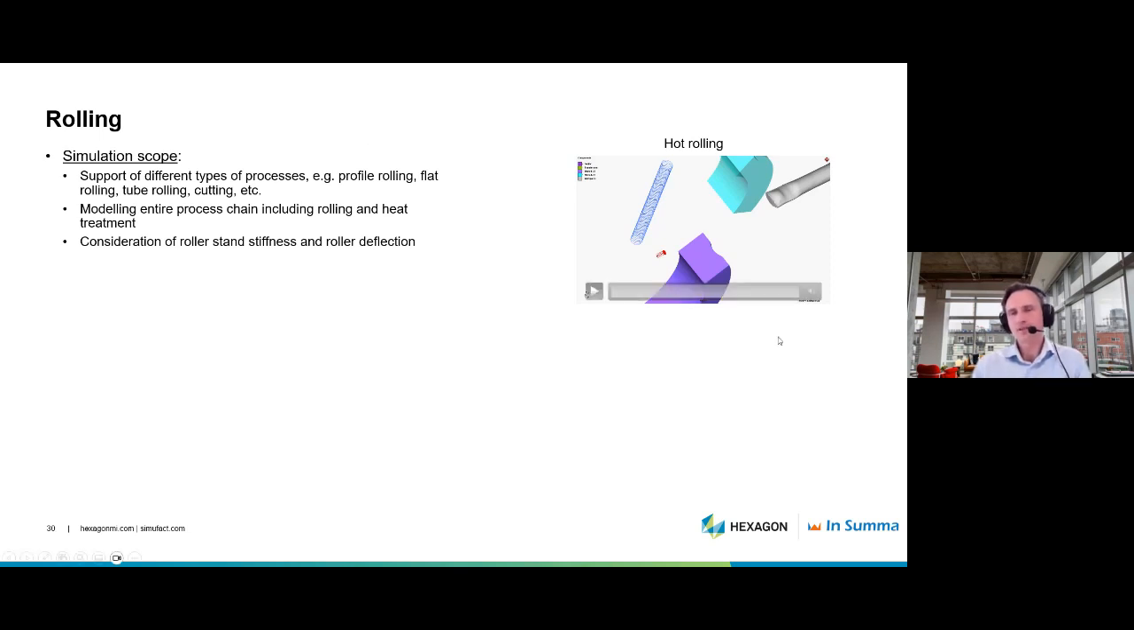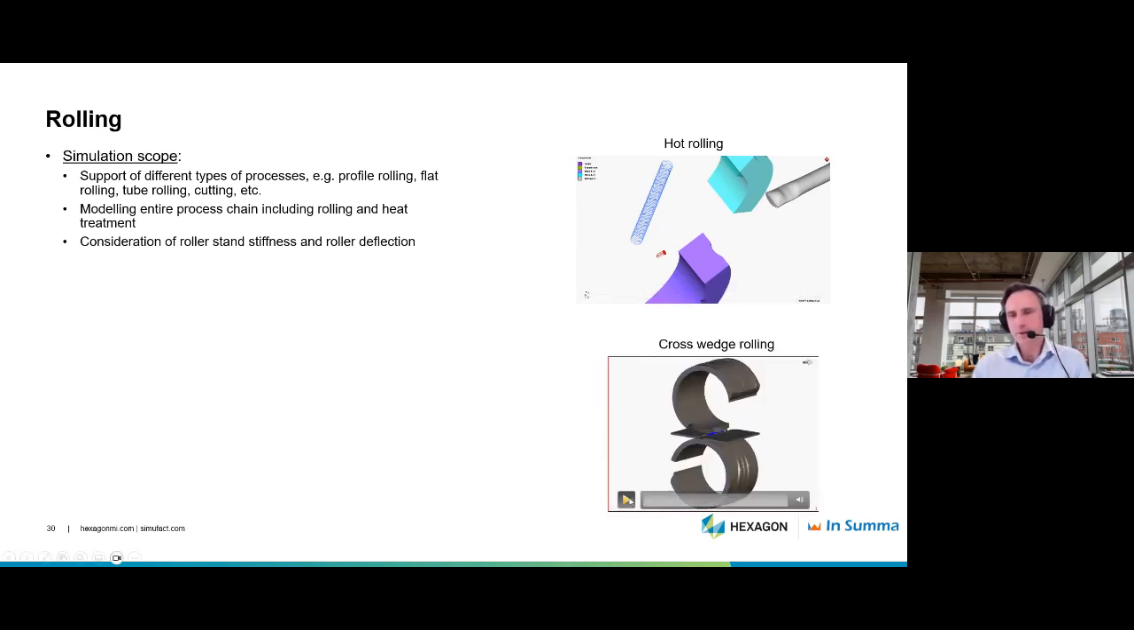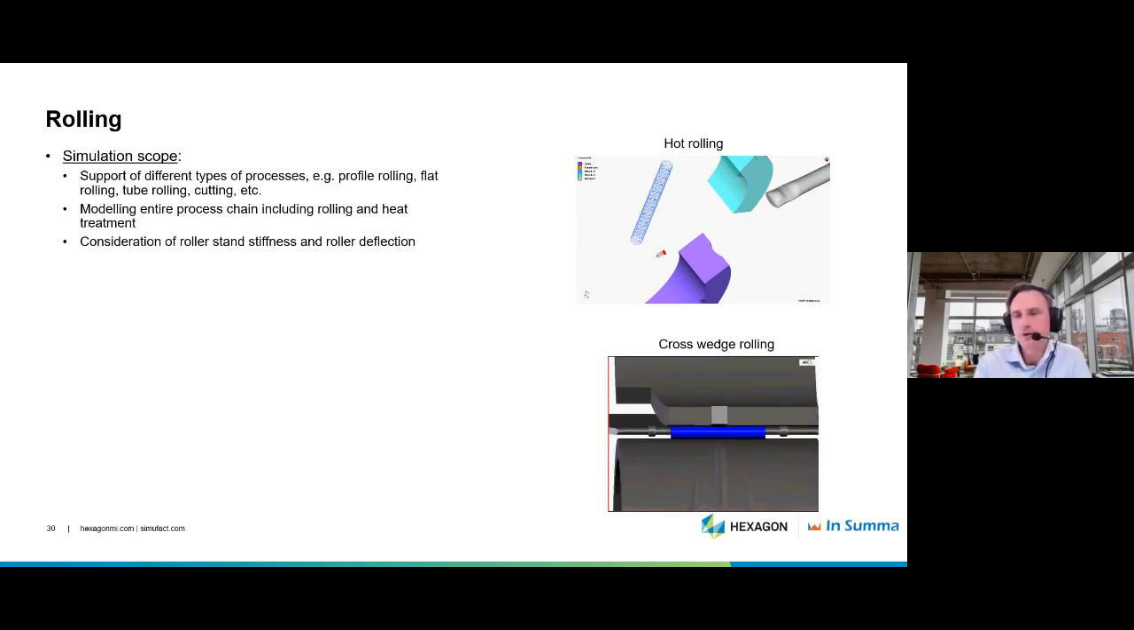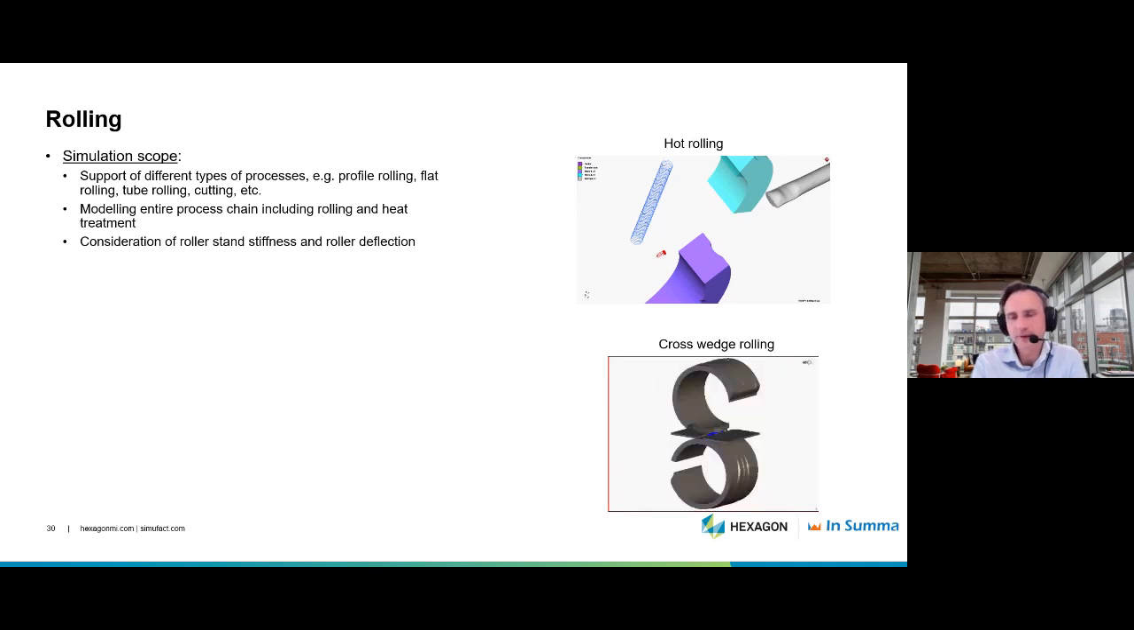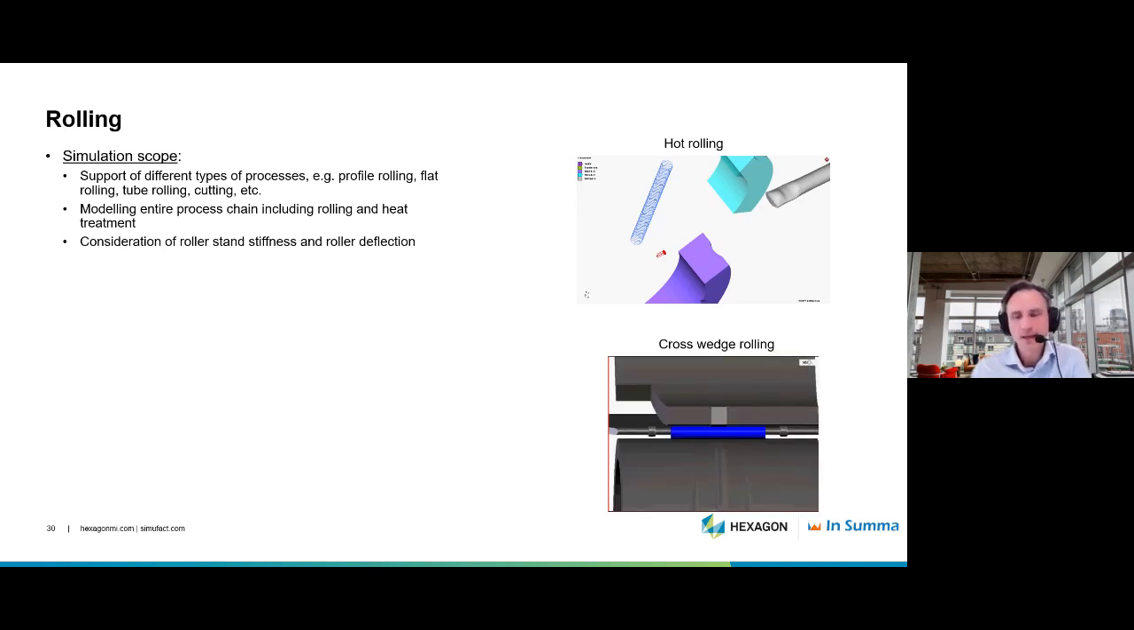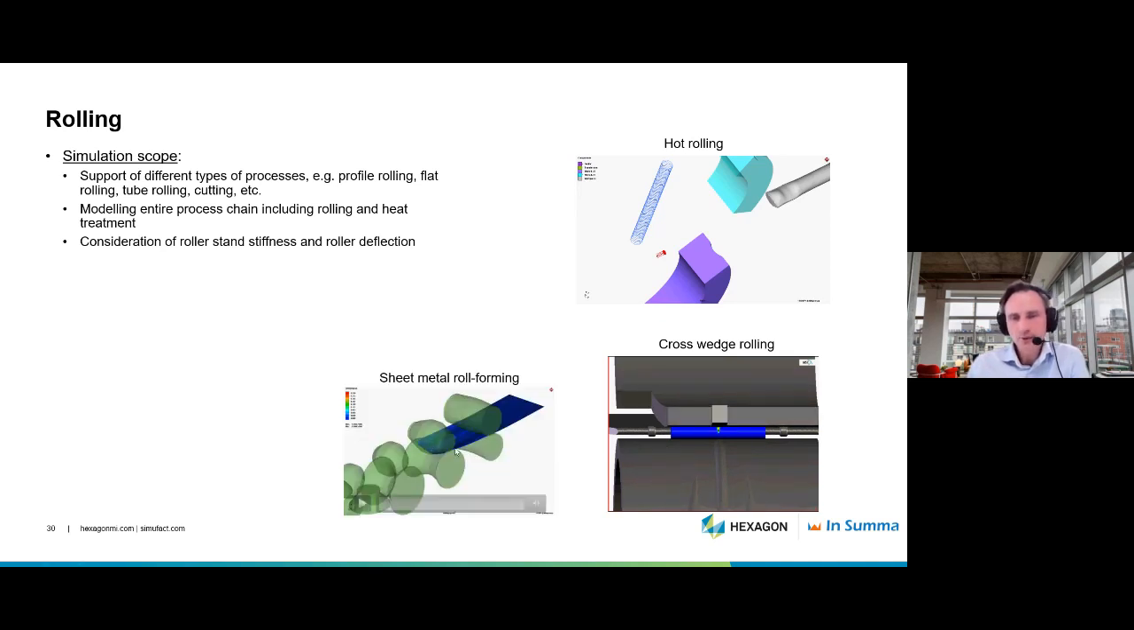So these type of processes could be easily simulated, including the cross wedge rolling, where you have again a special geometry in the rollers, and if you look at maybe some kind of front view, you're looking at some kind of cylindrical blank, which is now formed by the rollers into a more complex shape. These type of processes can be set up and can be simulated to estimate the typical defects and typical process conditions. Some other examples could be sheet metal roll forming, where you pull the material through a set of rolls,